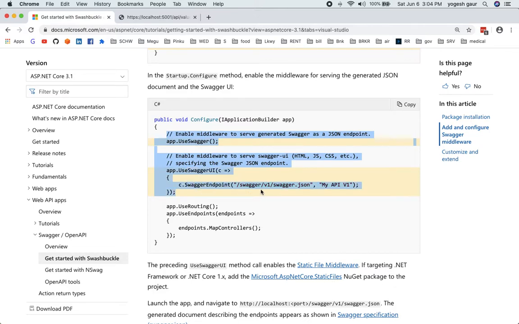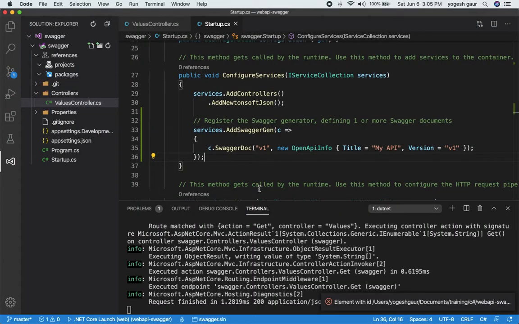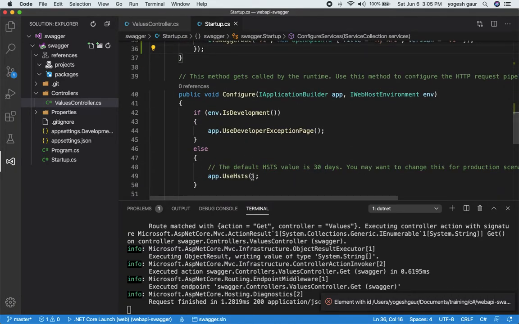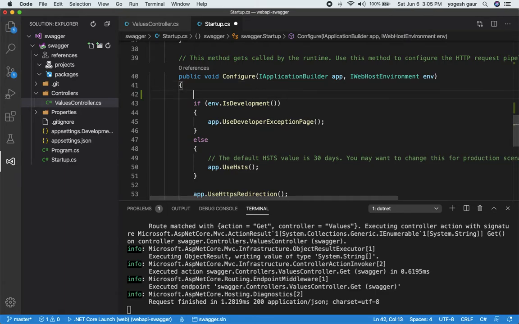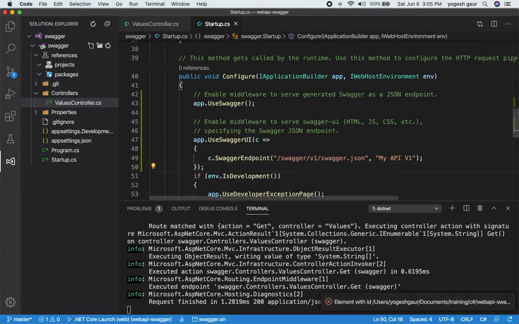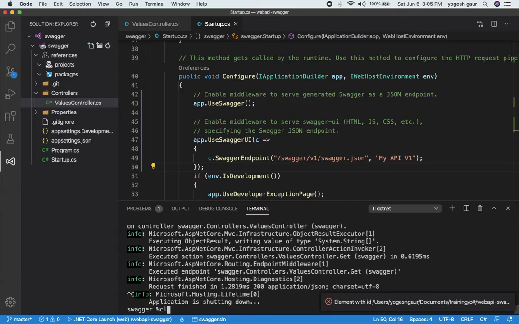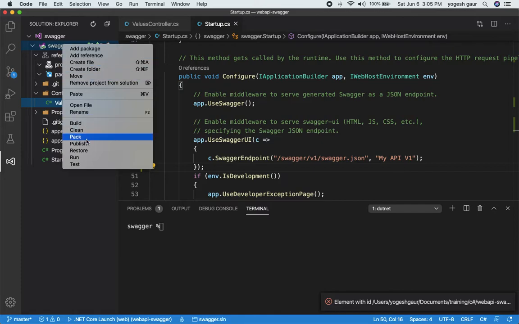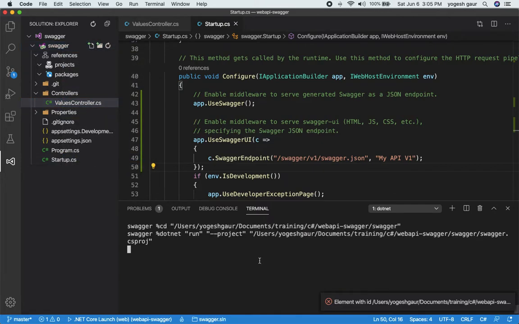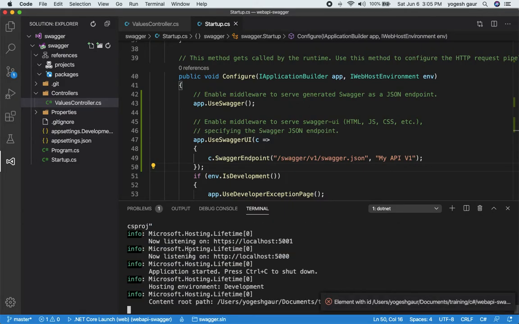And then we have to also use the Swagger UI, which I'll show you. So let's do that in your Configure, and we can add it at the top. That's fine. So we have added all of that, and that's pretty much all we need to add. Let me see if it will work here. I'm going to clear the terminal so you can see any new output, and we are going to try to run this. So it's running the project, and let's see if the compilation and everything passes.